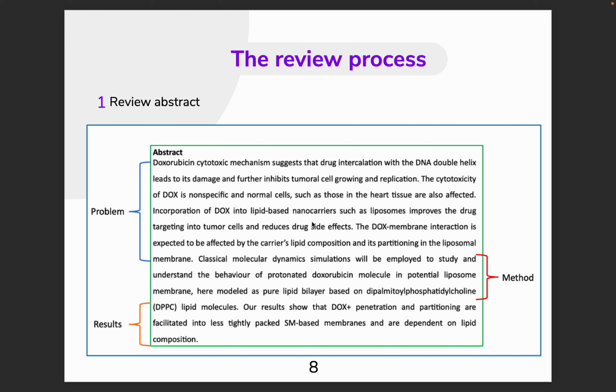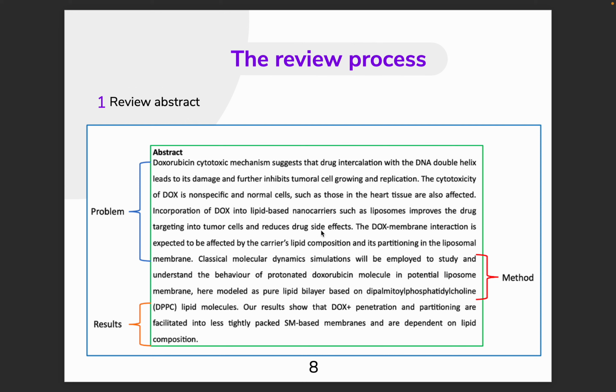The cytotoxicity of DOX is non-specific, and normal cells, such as those in the heart tissue, are also affected. Incorporation of DOX into lipid-based nanocarriers, such as liposomes, improves the drug targeting into tumor cells and reduces drug side effects. The DOX membrane interaction is expected to be affected by the carrier's lipid composition and its partitioning into the liposomal